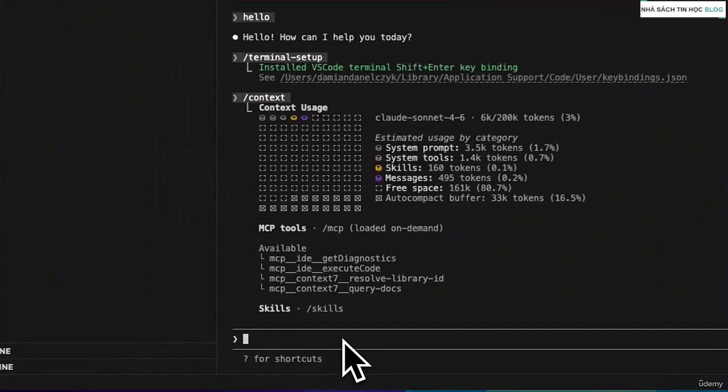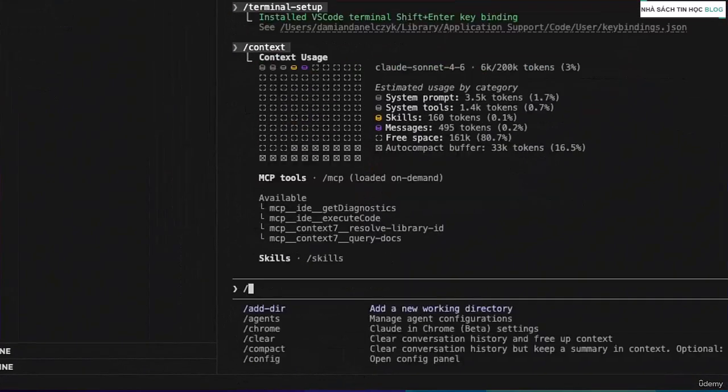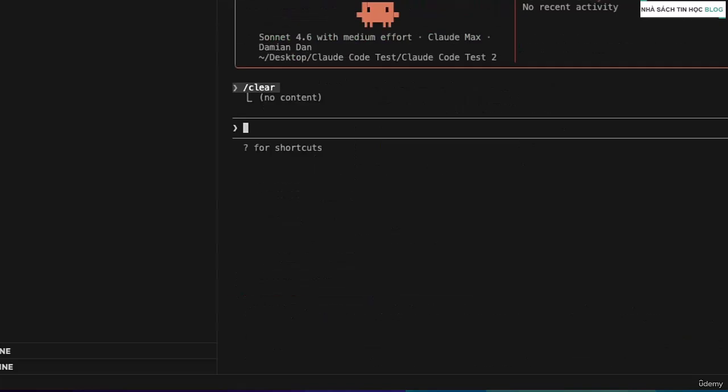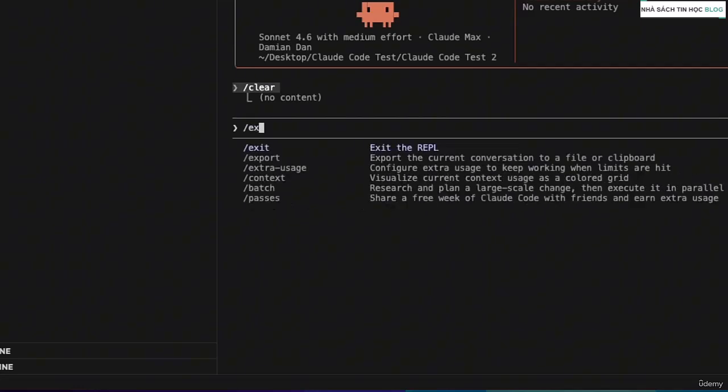Which brings us to the next command, which is /clear. All right? So you can run this command and your conversation window is wiped clean. Simple as that. Now, if you want to close Claude Code completely, just run the /exit command.